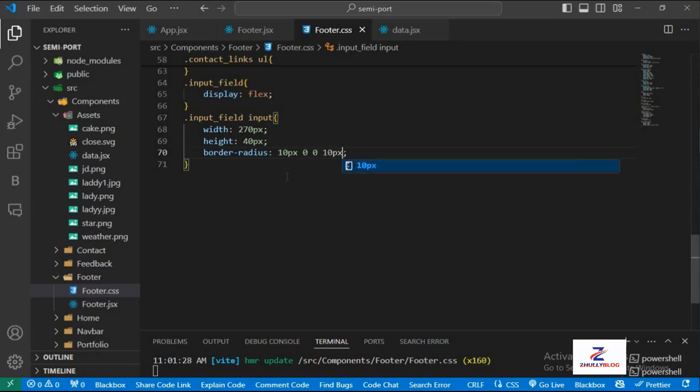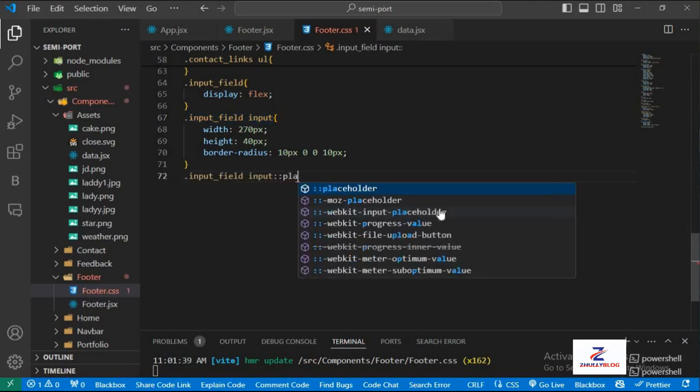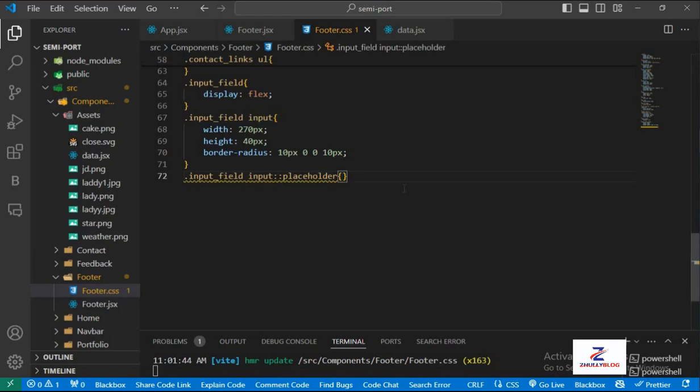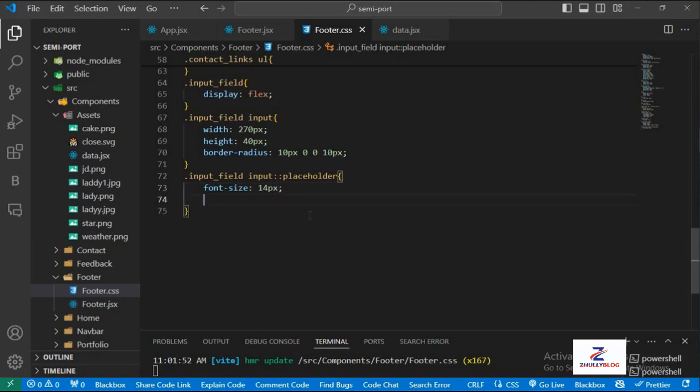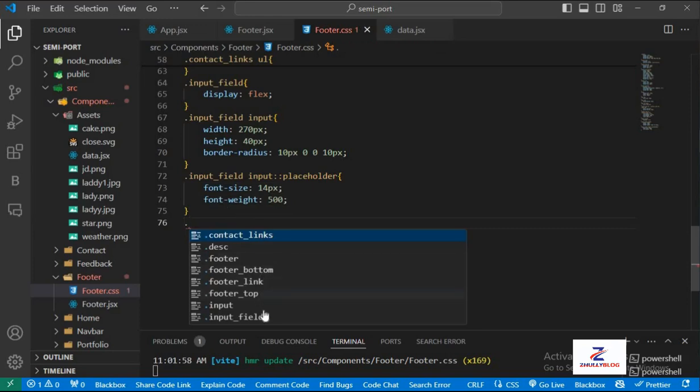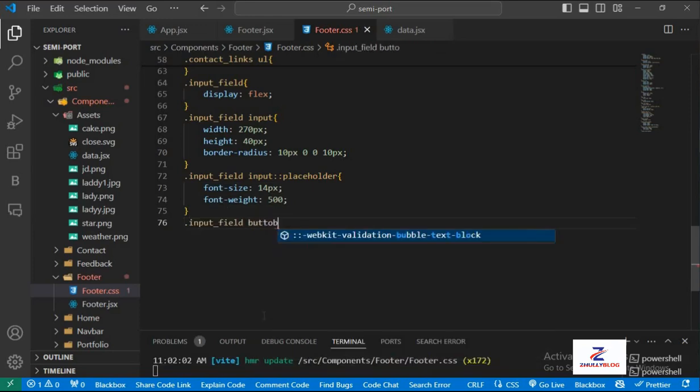This value, we're going to set it to this. And for this input field, the placeholder, we're going to set the font size to 14 pixels, the font weight to 500, and the button in the input field,